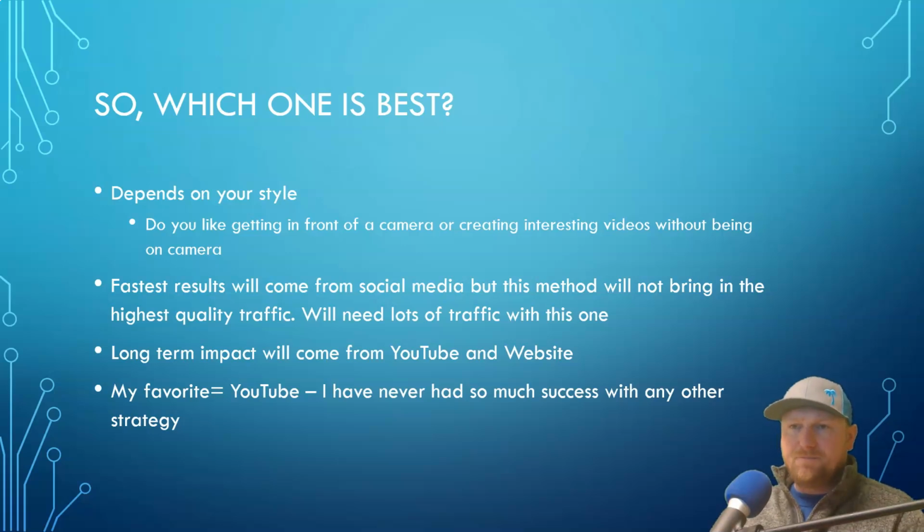Right. And then I'm always looking at what online assets or real estate am I going to have in the next year or two? And I want to look at the longevity of stuff, right? YouTube's been around a long time. Website ranking on Google has been around for 25 plus years. So those are the ones that building that brand around longevity is really what I recommend. So YouTube is definitely my favorite, but